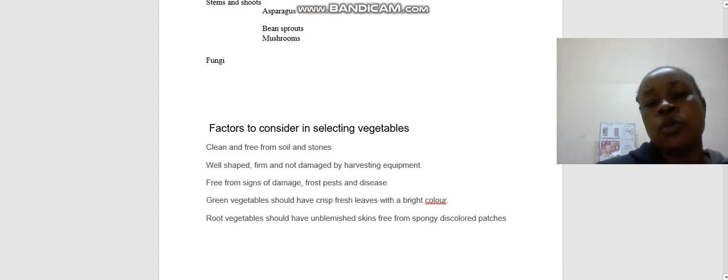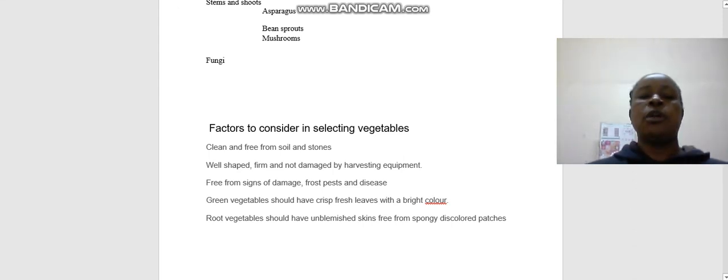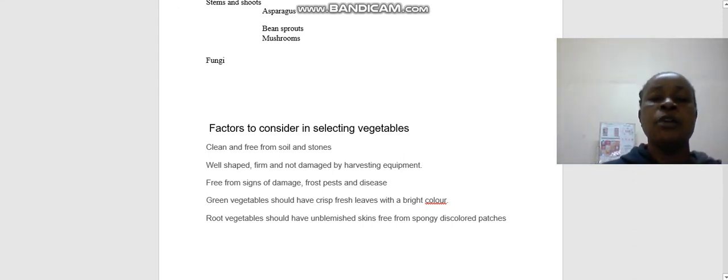What factors do you consider when selecting vegetables? One, clean and free from soil and stones. Two, they should be well shaped, firm, and not damaged by harvesting equipment. Three, they should be free from signs of damage from pests and diseases. Four, green vegetables